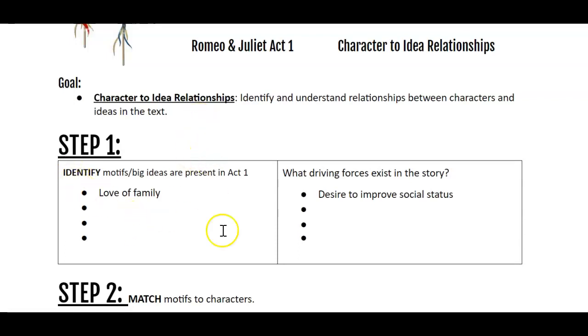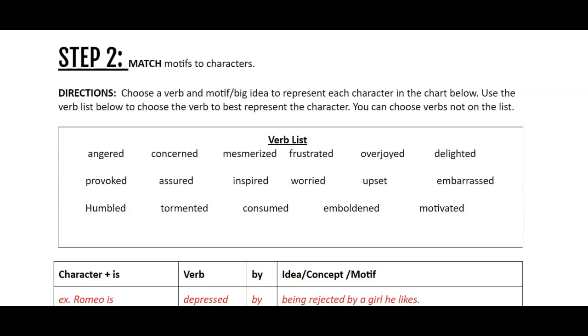Also, what driving forces exist in the story? So, for instance, desire to improve social status definitely exists in the story. Think about what other driving forces you see in Romeo and Juliet. From there, you're going to move to step 2, where you match some of the big ideas that you found